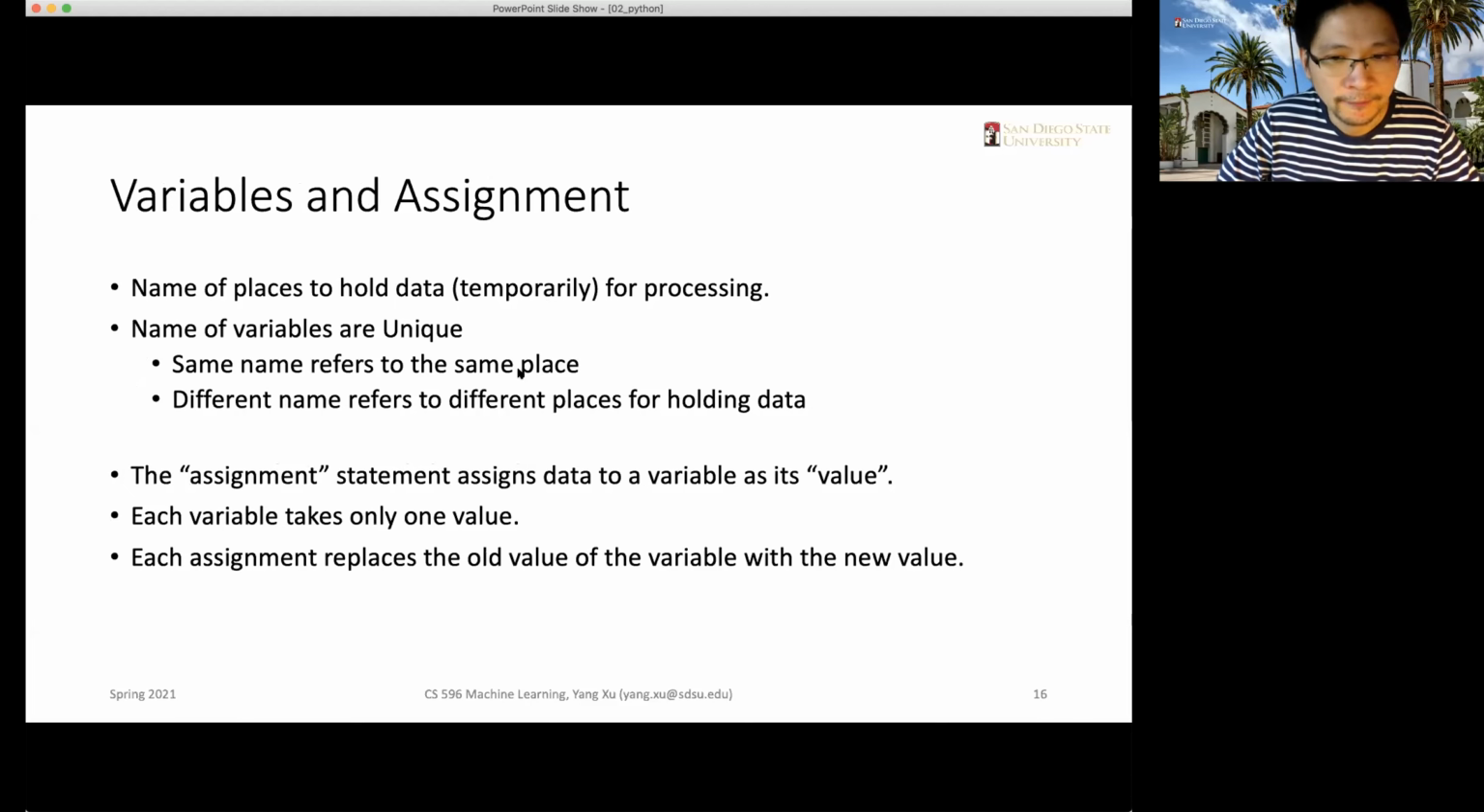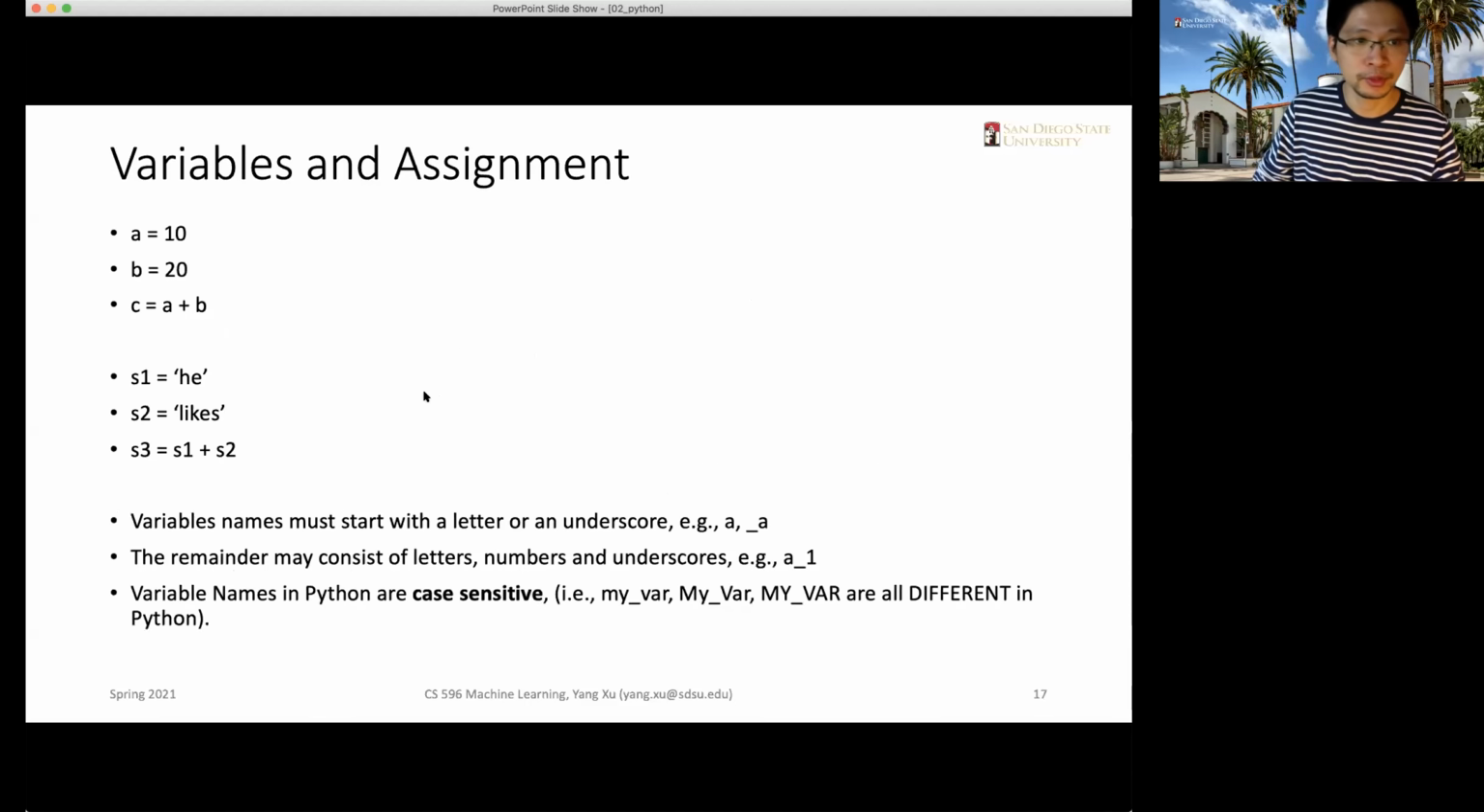Variables are names that hold data, and the names are unique. The same name refers to the same place in memory holding a piece of data. The assignment statement in Python uses the equal symbol. Basically, you can use the assignment statement to assign some data to a variable as its value. So that is the basic operation we will need to use. For example,